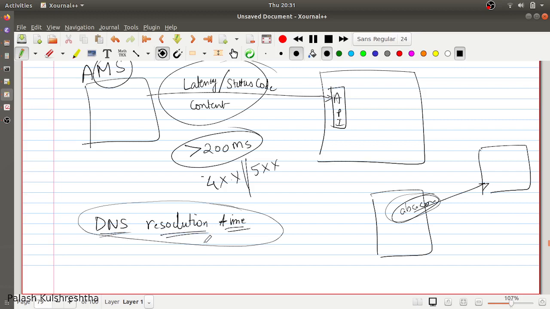You can go one step ahead also. You can basically check the contents of DNS resolution. For example, let's say you are maintaining google.com, and it is resolving fine, it is resolving in time, but it is not pointing to any IP. If there is no IP present for google.com, then that is an issue, because it is resolving fine, but it is not resolving to any IP. Or one step ahead, what you can do is you can keep a double check on the IPs that are being provided.